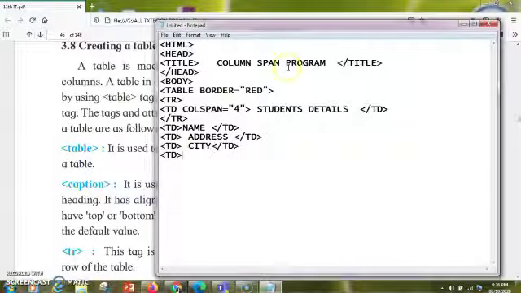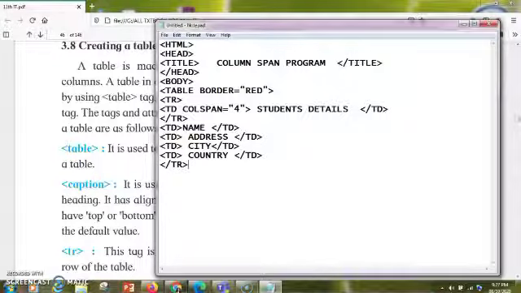Here I have written the value as 4, so I have to give the 4 entries now. So I'll give the 4 entries here, and I'll end the td tag. This is how I'll do it and I'll end the tr tag here.